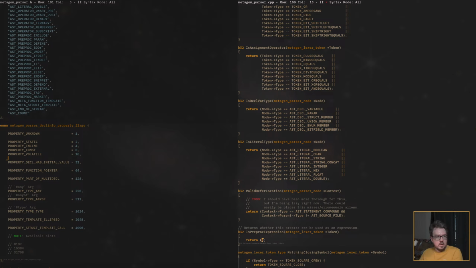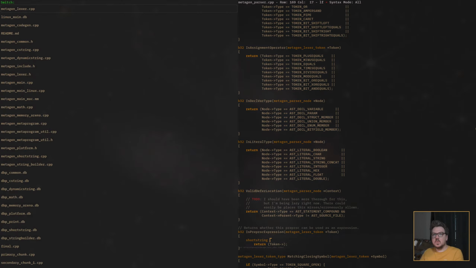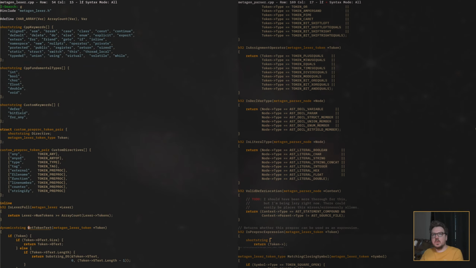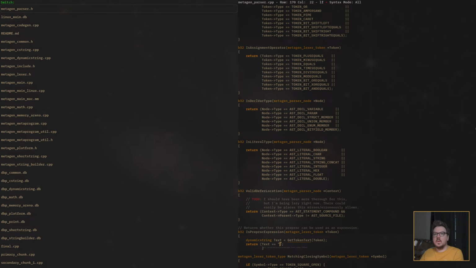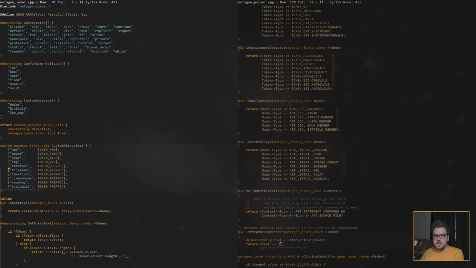So we return with the token. Is this a short string or a dynamic string? God, I don't even remember. Get token text. It's a dynamic string. So text is equal to file name, function, line number, counter, stringify. It's all of these basically.